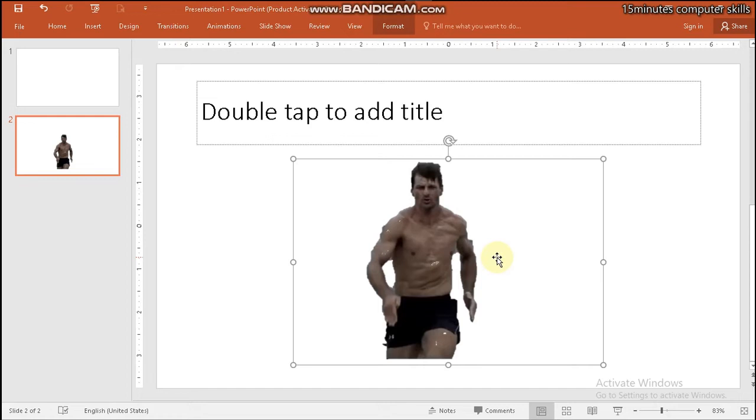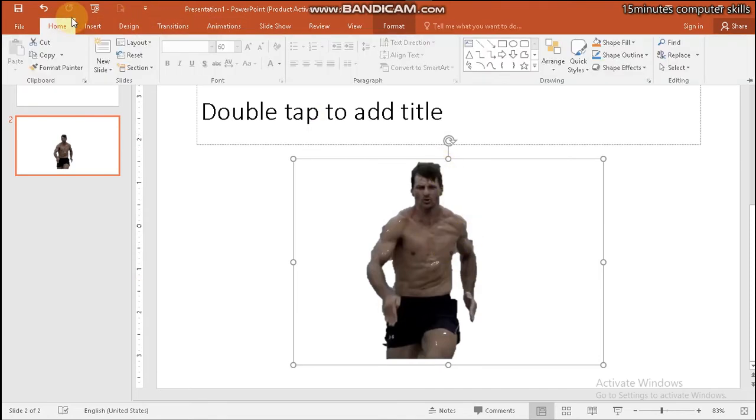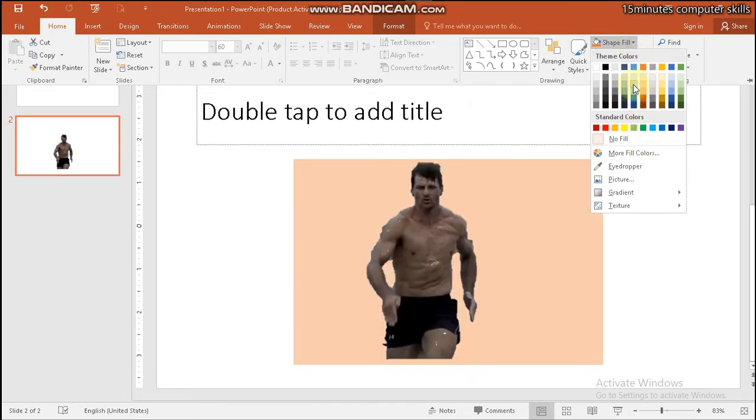I think guys you have picked something, but from here I'm going to show you how you can also edit the background of your picture, how you can also change the background of your picture, and set any color that you wish. You first select, as I have told you, you come on this Home tab and you click on this shape fill, and you select the color